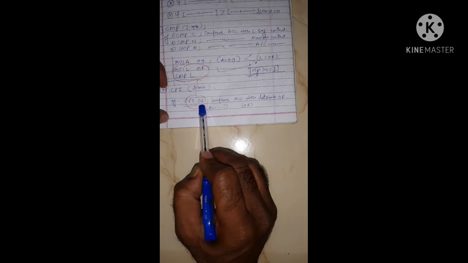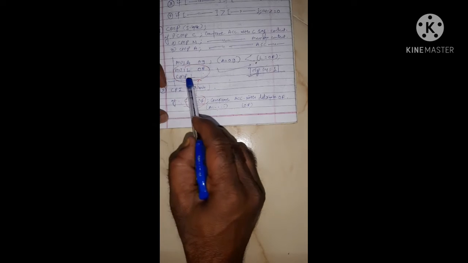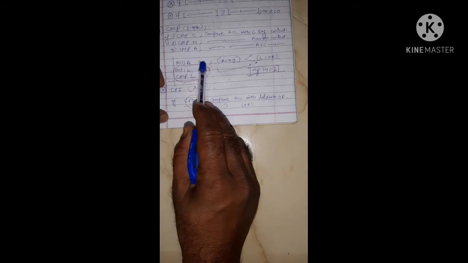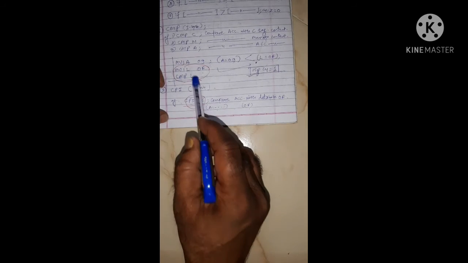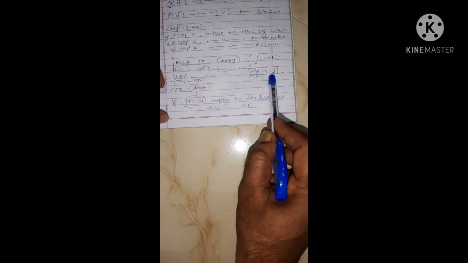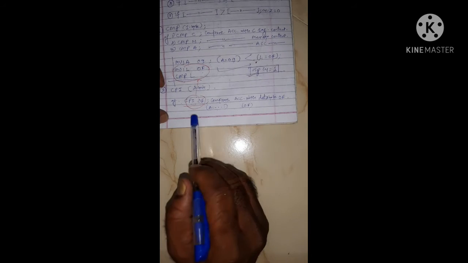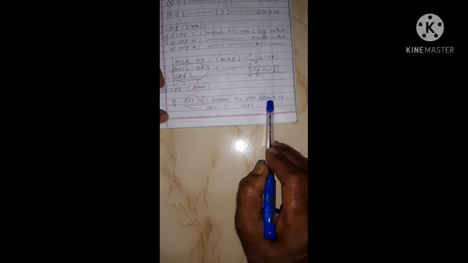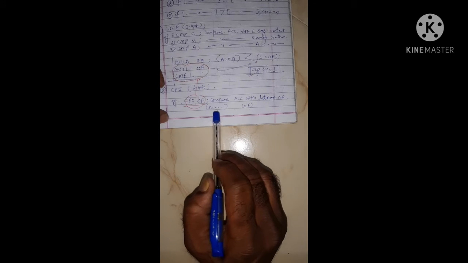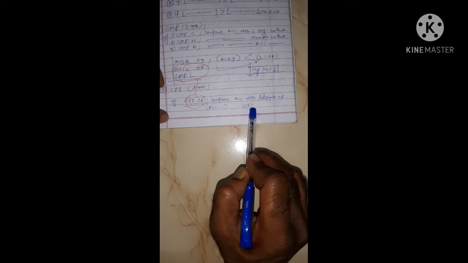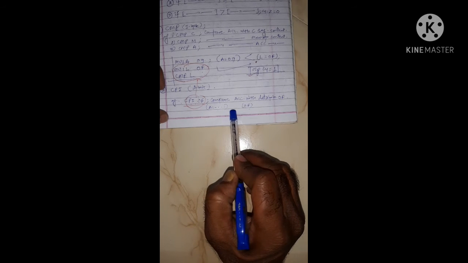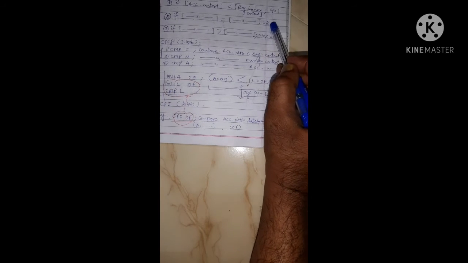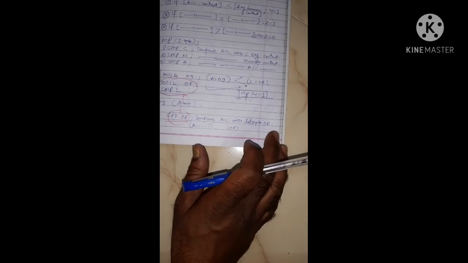CPI 0F: instead of these two instructions, after the first instruction MVI 09, if I write CPI 0F, the output will be the same, CY equals 1. So this is the comment: compare accumulator with data byte 0F. Any content of the accumulator and 0F can be compared here to get the output in these two flags, CY and Z, as per these three situations. So these are the two instructions under comparison operation.